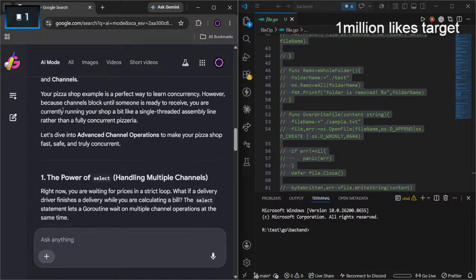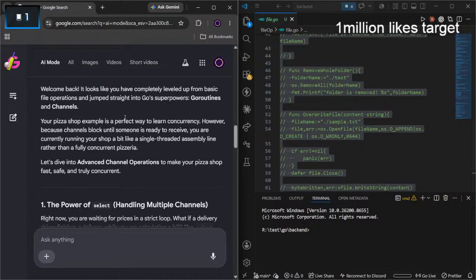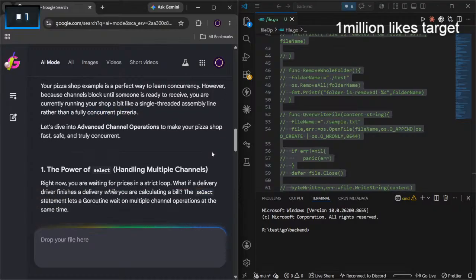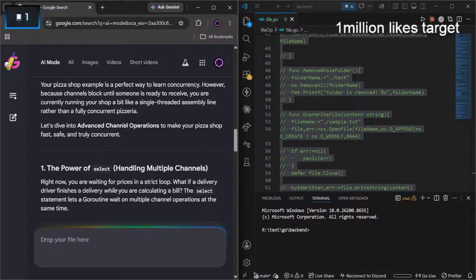Your pizza shop example is a perfect way to learn concurrency. However, because channels block until someone is ready to receive, it is not yet fully concurrent. Let's dive into advanced channel operations to make your pizza shop fast, safe and truly concurrent.